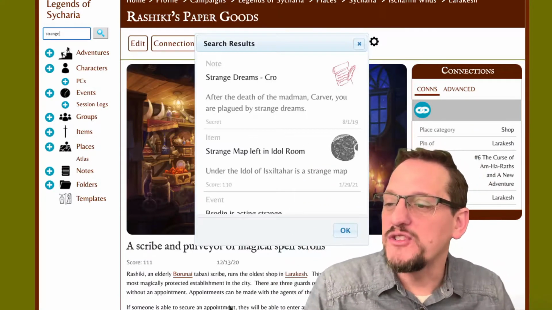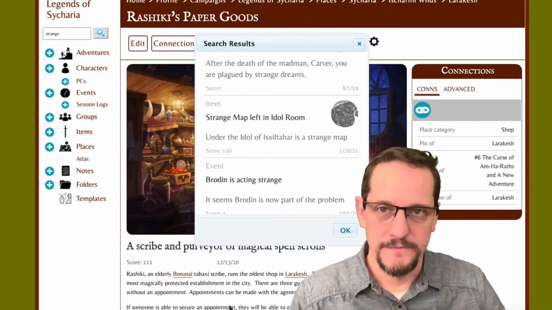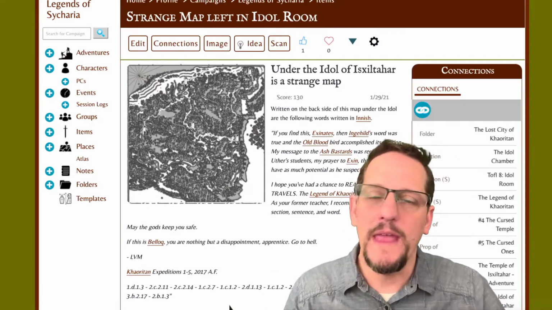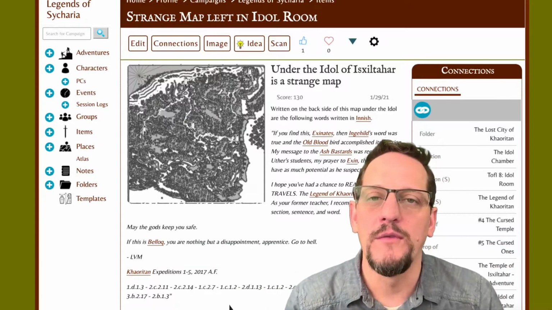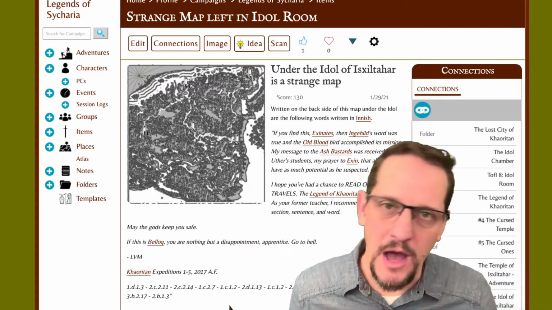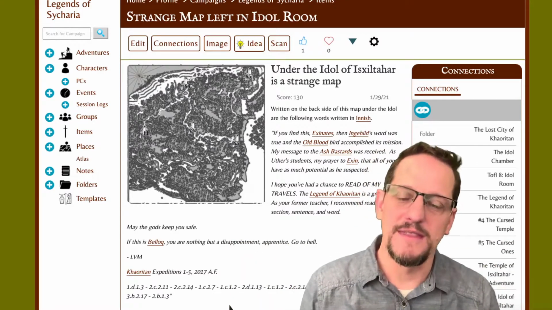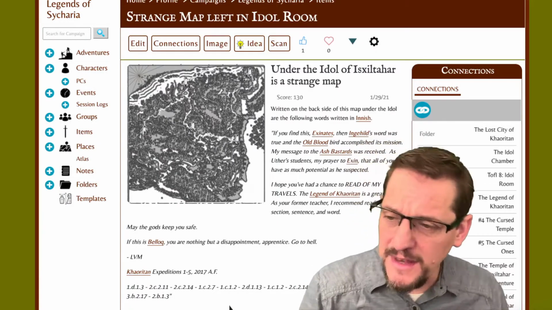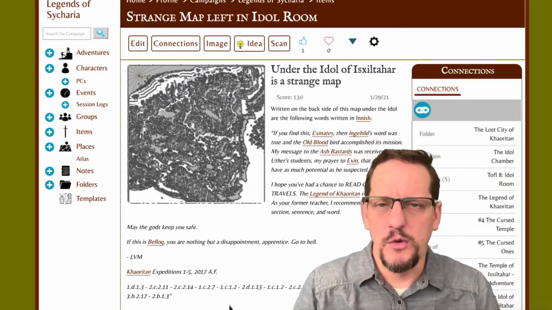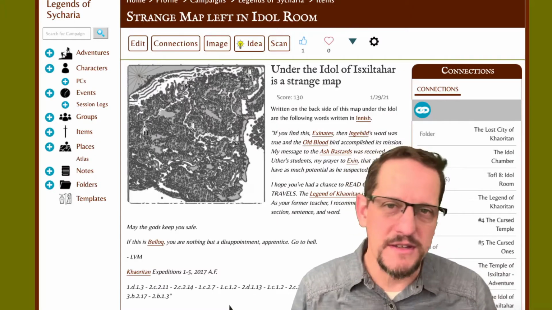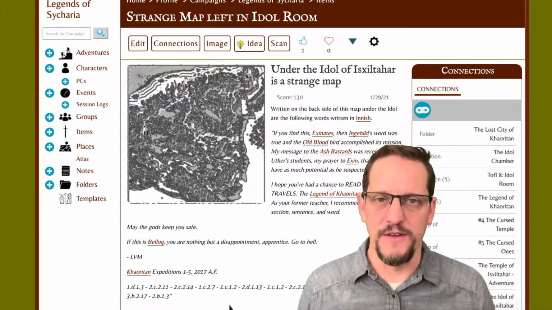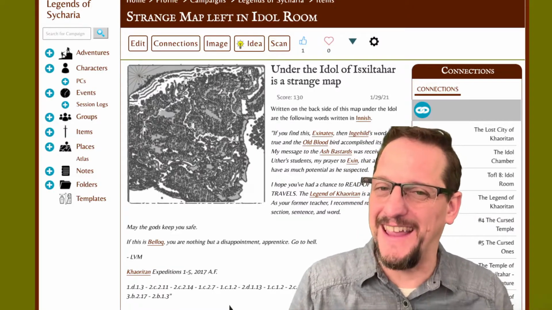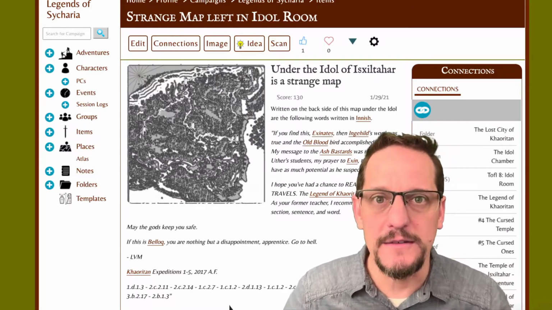I've got this strange map left in the idle room. So this was an actual item, an object that they received when they went and investigated one of the lost Temple of Amharaths, which is the storyline that they're just now finishing up, this mummy's curse that they had to deal with. And in there, they found this note from this elderly explorer who's quite famous and has written several books, named Lord Vital Megillium, who left behind a little bit of a hint about how to find the lost